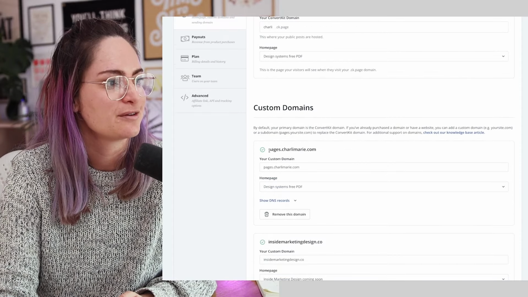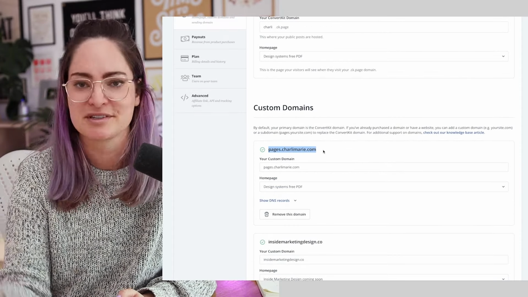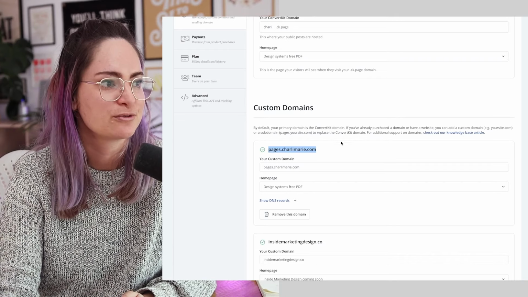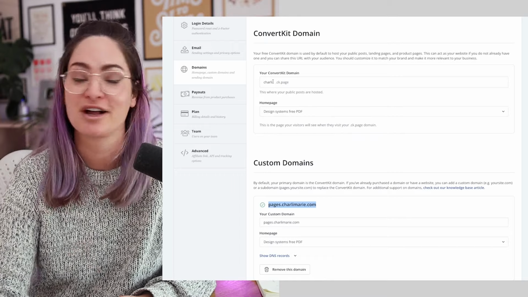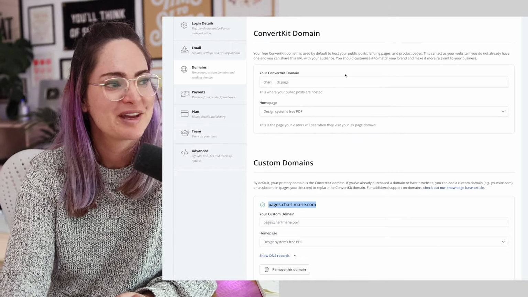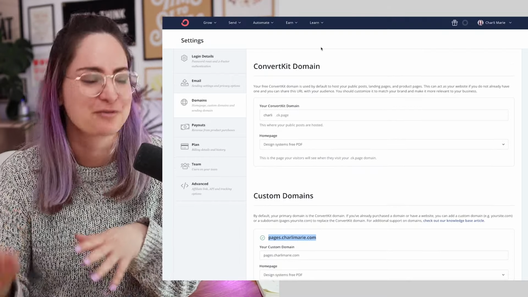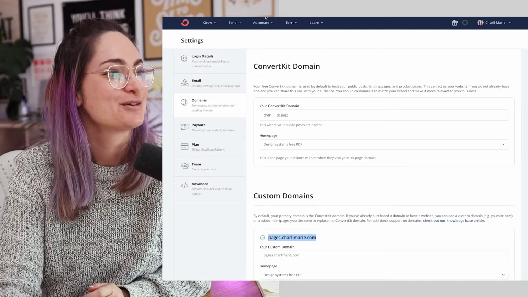As you can see here, I also have this pages.charliemarie.com. This is a subdomain for my site that I set up for all of my ConvertKit landing pages. And then of course I snagged charlie.ck.page as my ConvertKit domain. Okay, I've gotten slightly off track from my font, but this actually does lead into the next piece of sending